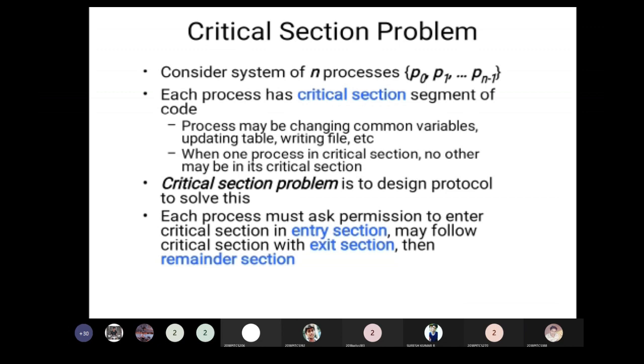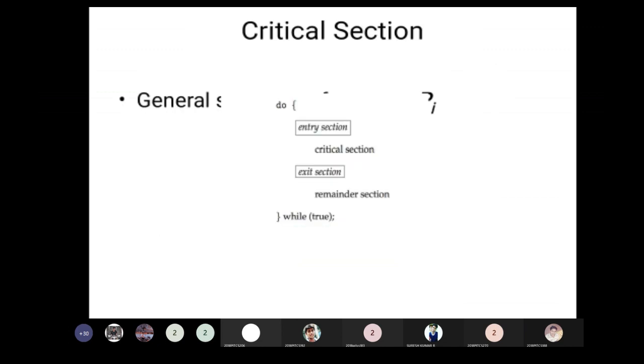Okay, after the exit section, whatever remaining code is available for that particular process can be kept in the remainder section. Using this concept, the critical section problem provides a solution to the race condition. So this is what the critical section means. Some process is being executed. Every process is allowed to have a critical section, where the sharing variables, the common variables alone